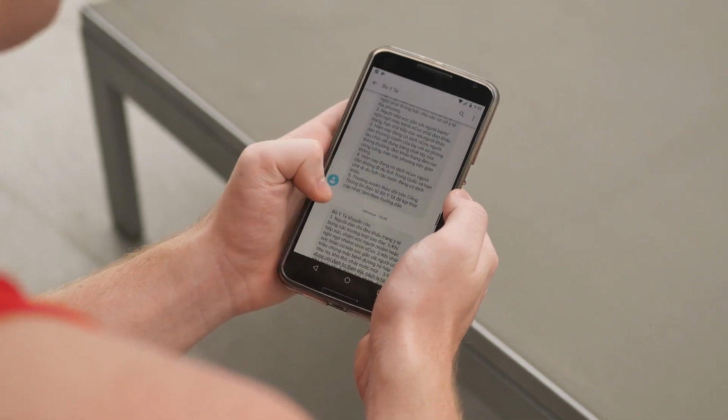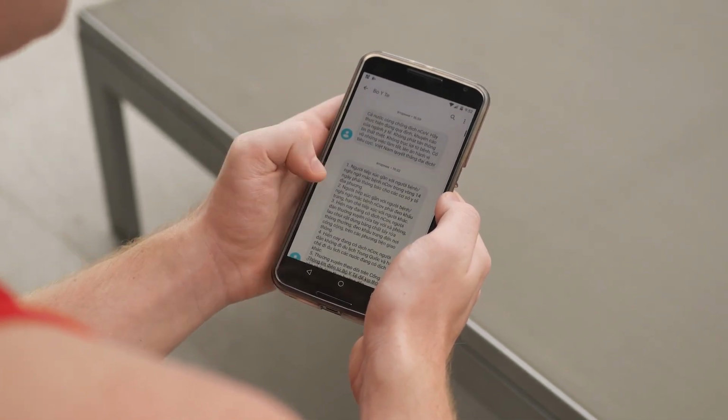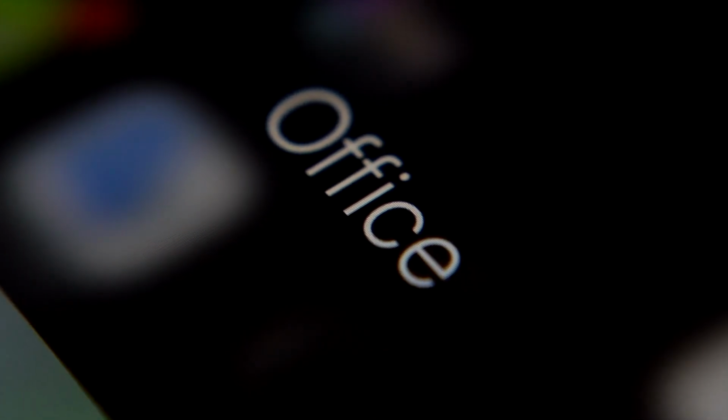Tool number four is Otter.ai, which I personally use whenever I want low friction and fast results. It offers mobile app support, live transcription, and an AI assistant that can quickly summarize key points from your meetings.